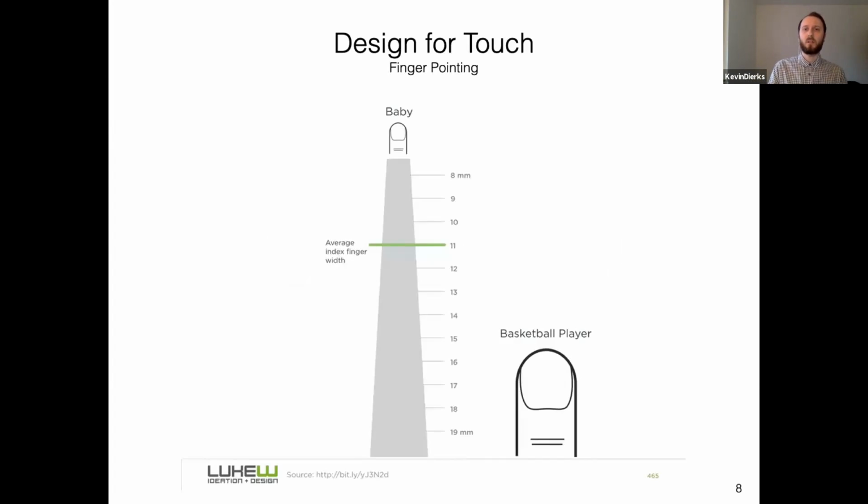So when we look at mobile applications themselves, how do we interact with them? Well, we're using touch. There's no clicking, we're using fingers. So you've got to keep in mind the average finger width. This is the index finger. Obviously, we also use our thumb, but you need to be cognizant that you're covering part of your screen with your finger.